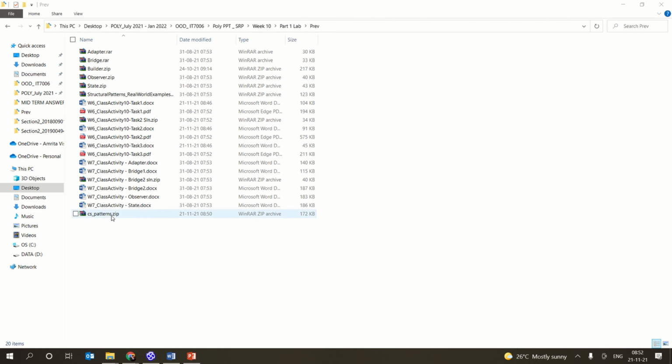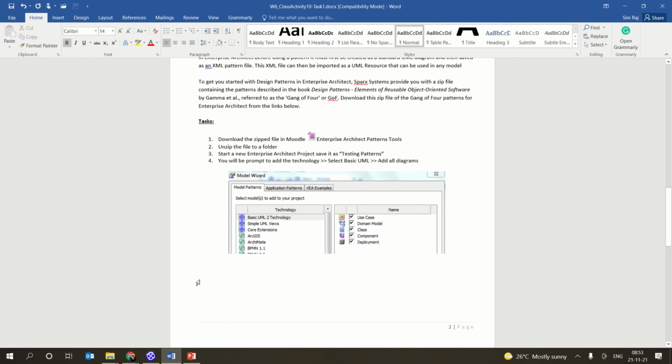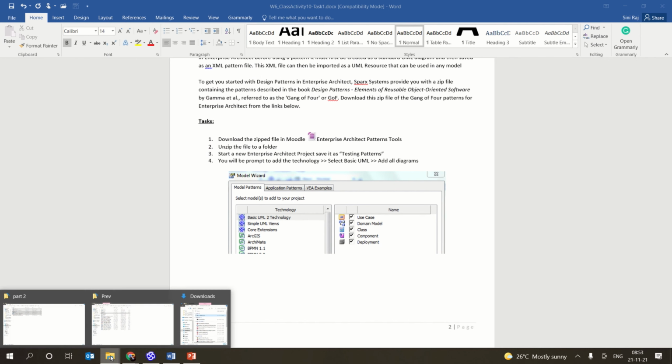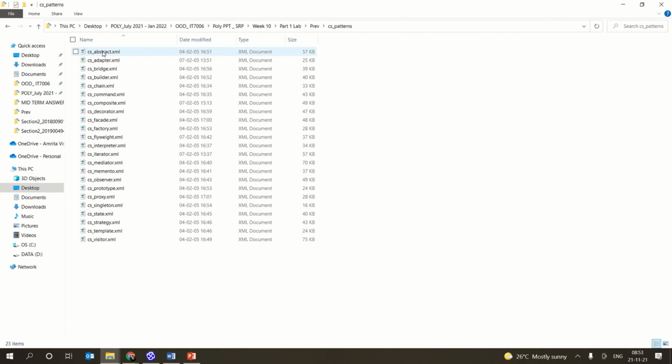So today we are going to see how to generate code from the various patterns. There is one file called CS patterns. What you have to do is extract that into a CS patterns folder. Once you extract that, you will get the CS pattern. Basically it has all the various patterns in it, but we have seen only certain patterns like